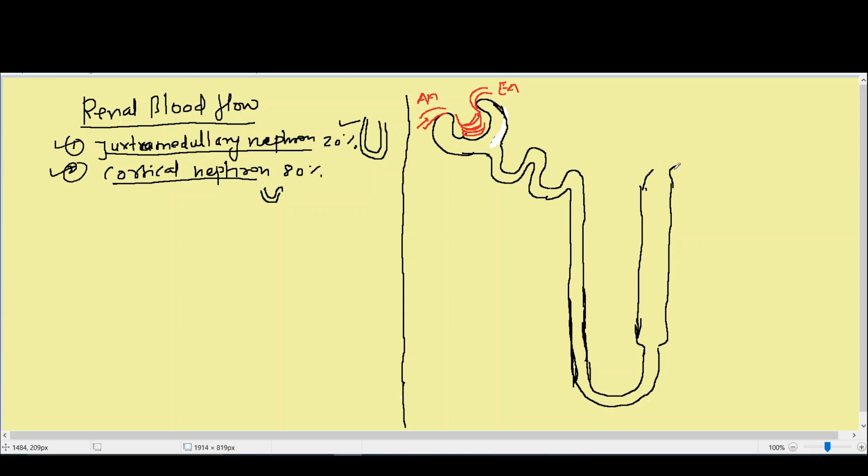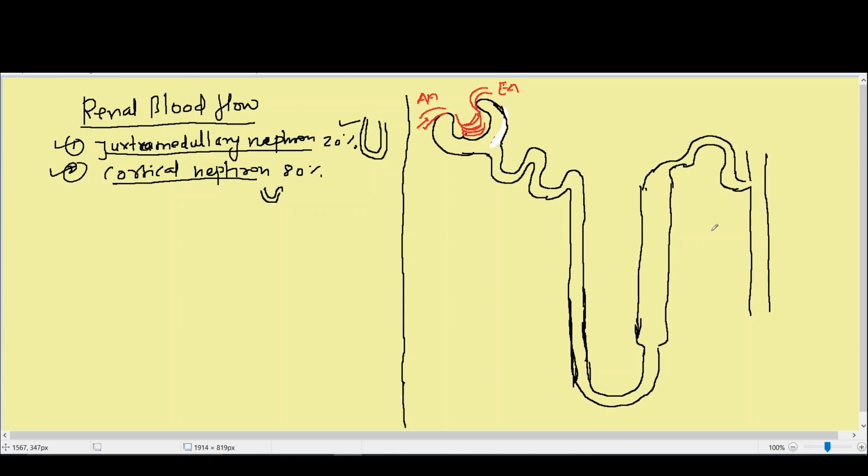Then we have one more structure known as the DCT, which is attached to the collecting tubule, the collecting duct, okay. So we have these structures here: the PCT, then the loop of Henle, and of course the DCT